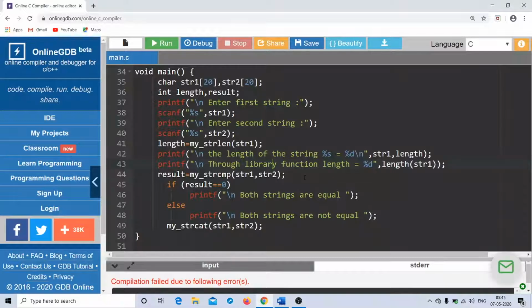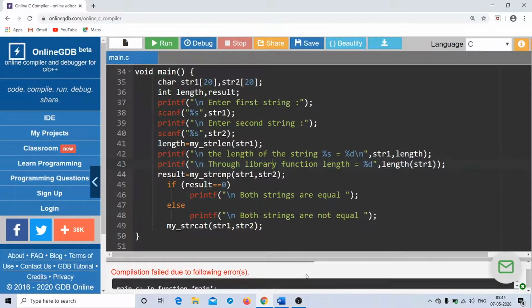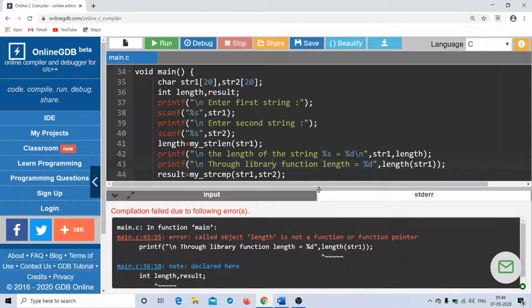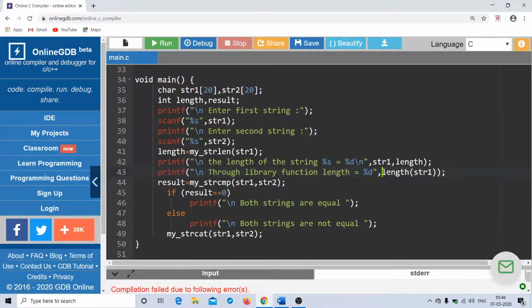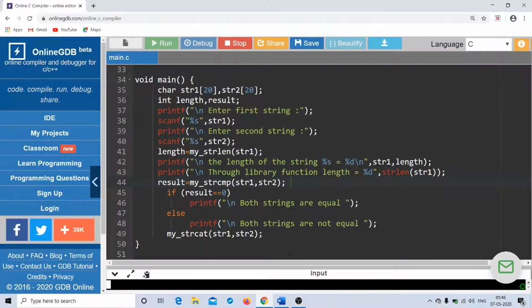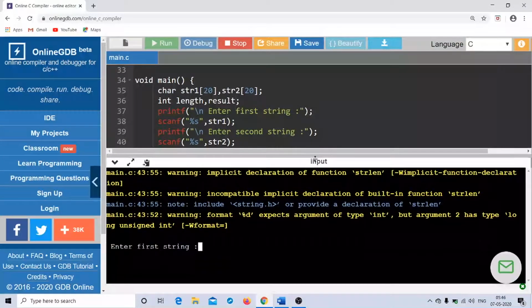It says compilation failed due to following errors. Okay, so yeah, strlen, it is not actually length, so fine. So I'm making use of my library function straight away, and now I compile it. I don't think I should have any problem now.